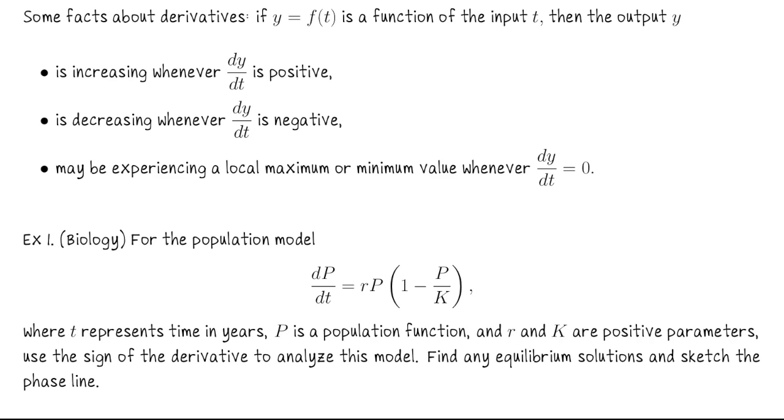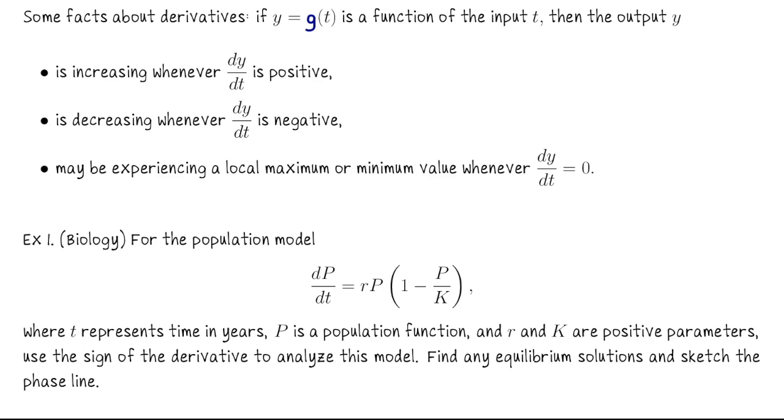Let's also bring in some facts about derivatives now, and then we'll use that to study that second population model I wrote down on the previous slide. Let's see, I shouldn't use the letter F here because I was using F on the previous slide to represent something different. So let me say G. I just mean y is a function of t. So if y is a function of the input t,